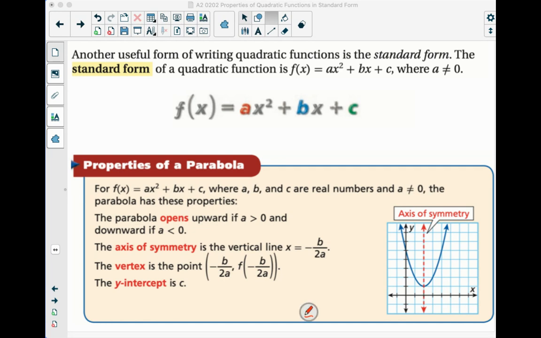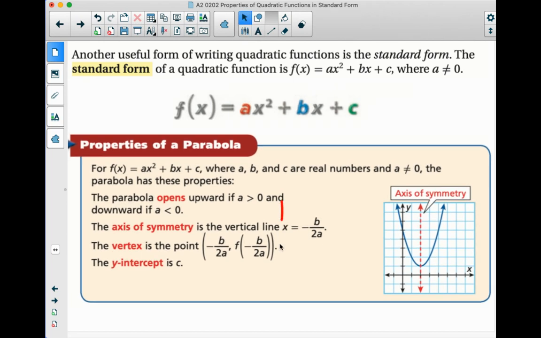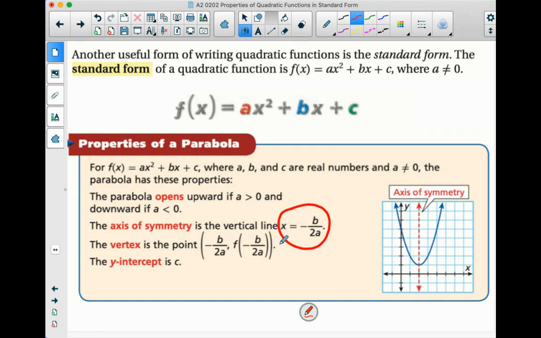Now to find it, when you're given it in standard form, you use this equation. Now this equation will show up, so you don't need to worry. I mean, you could pause here and write the steps if you want, but these steps are a bit overcomplicated. So the formula is the opposite of b over 2a, and you get those numbers from the original formula. The vertex,